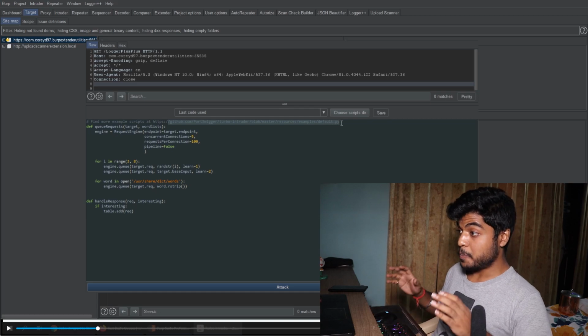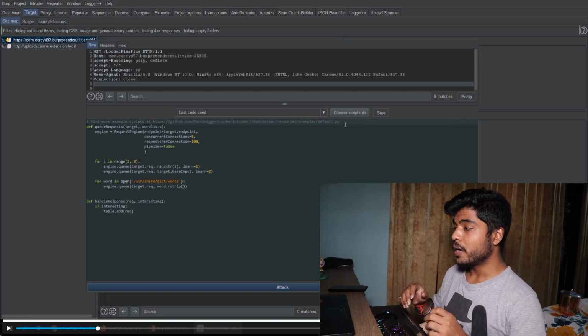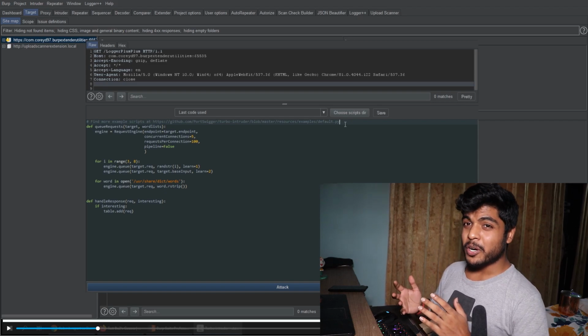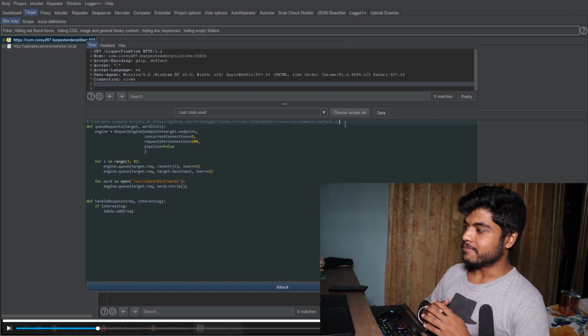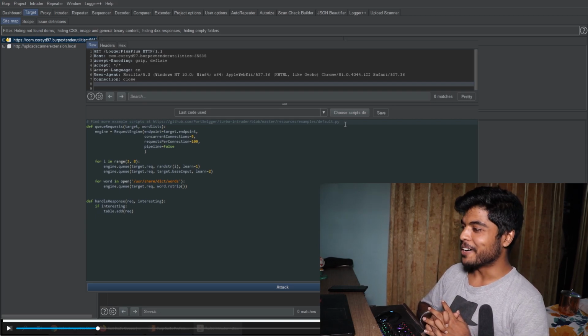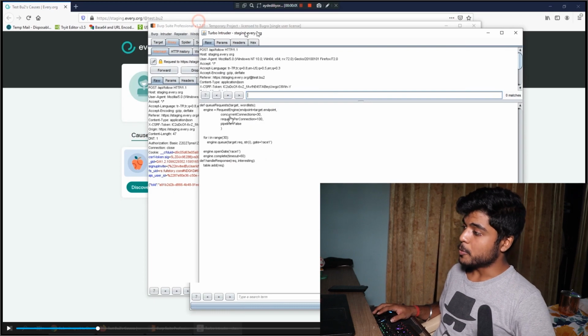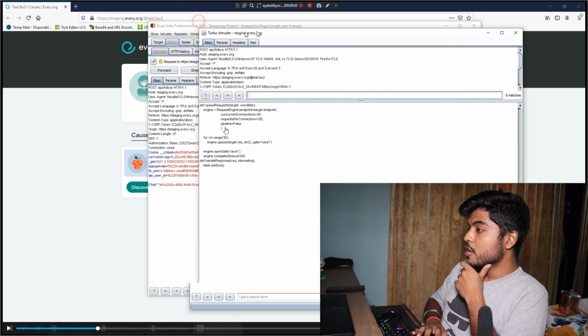And this specific Turbo Intruder script is used for race condition kinds of bugs, and it is really good for you. If you don't know about Turbo Intruder, you can't really find any race condition kind of bug without it. It's one of the must-have tools, I guess, on Burp Suite. So let's move ahead and read the command.